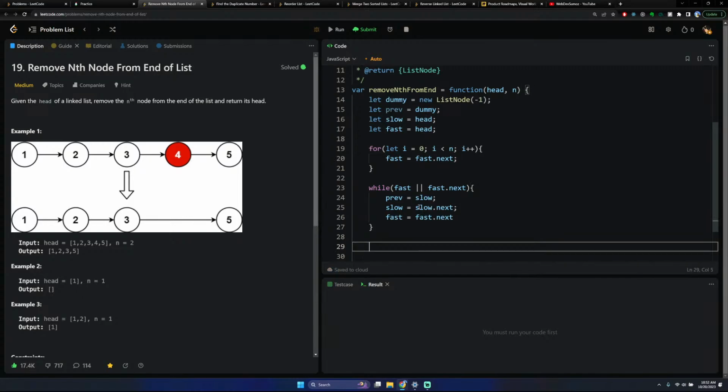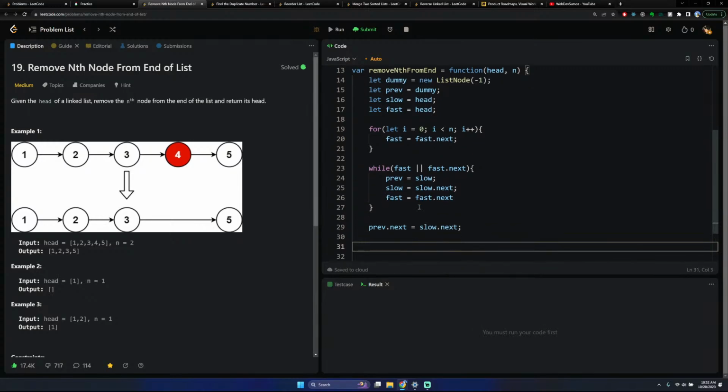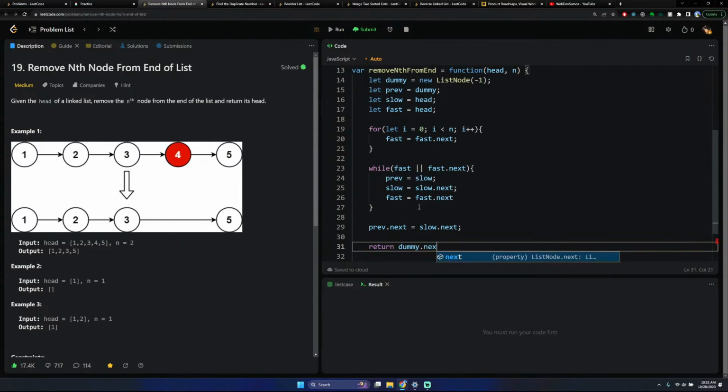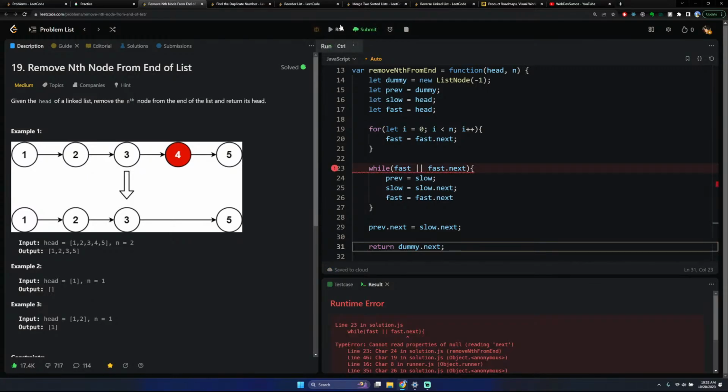And in the end what we need to do is pref dot next equals slow dot next, so that we'll skip this node, and return dummy dot next. So yeah, I guess this should work. If not,